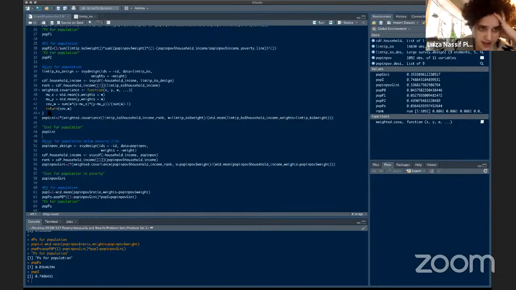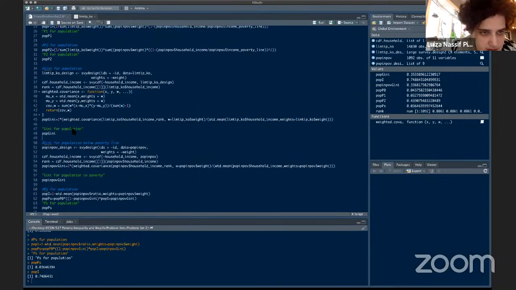So your function is actually the weighted covariance. Yeah. That's what I didn't remember. Okay. It's 2 times weighted covariance of, which is a function of income, rank, and weight. In the rank there,